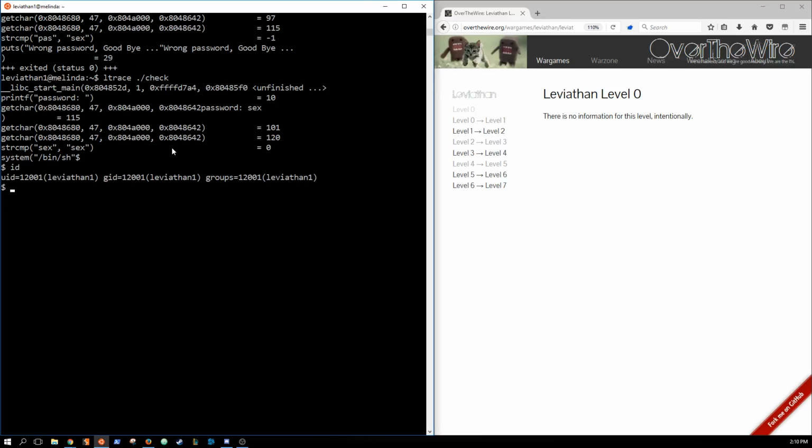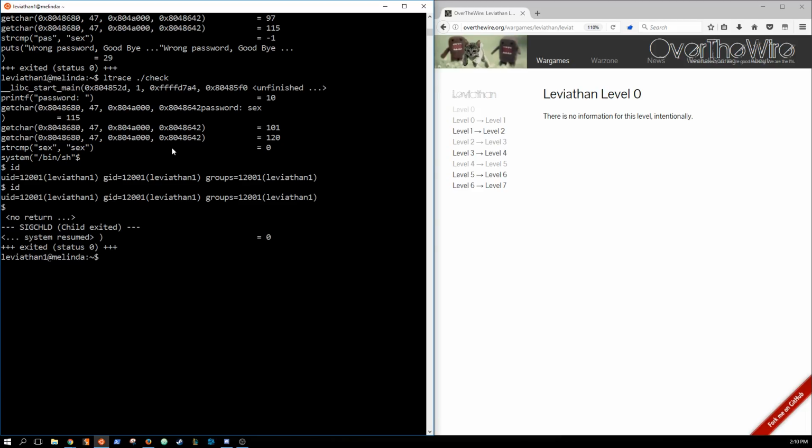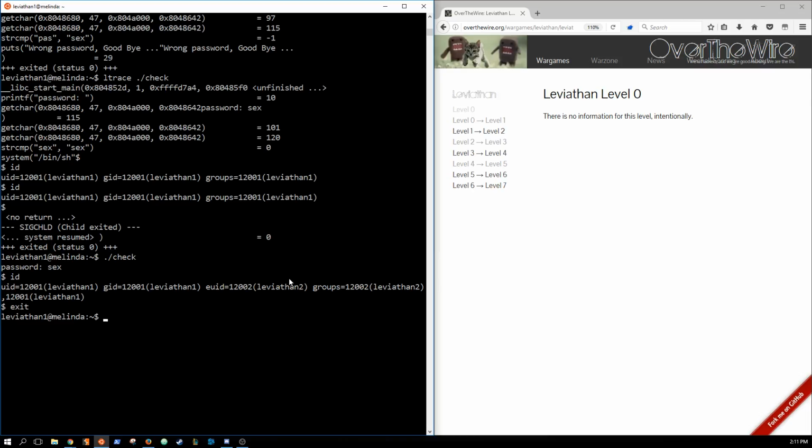So who are we? For some reason this doesn't work right in ltrace, so we'll just run it. Boom. Who are we? Now we have UID 1201, Leviathan 1. It's the same we were before, but we also have an effective user ID of Leviathan 2 and GID of Leviathan 2. Why is that? Well, if you guys remember from the Lord of the Root videos,